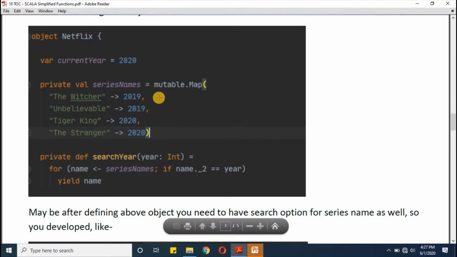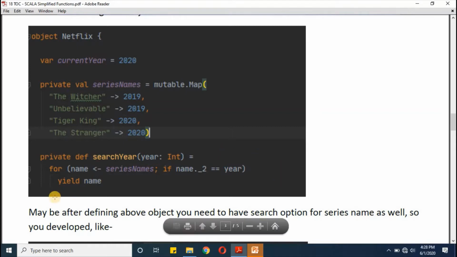For iteration, I'm passing this series names map, and then I'm keeping one condition: if name._2, which in a map represents the second value, the year we are talking about here, is equal to year, and the year will be a parameter of this function. If this condition is met, then we are yielding the name value. So this is one way to get all the latest series out of the Netflix collection.